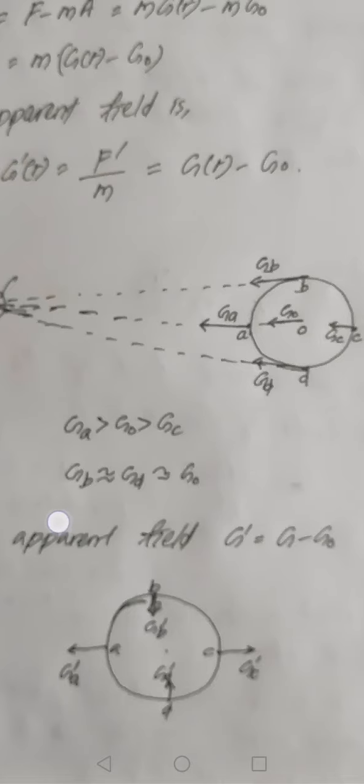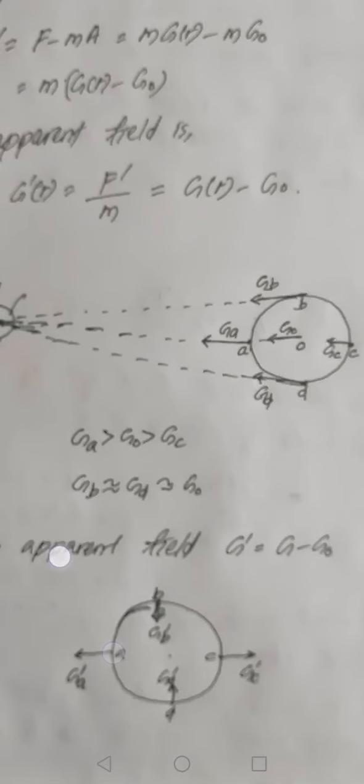So this is GA prime, the apparent gravitational field at A, and similarly GB, GC and GD. Okay, here one point you have to remember is GA prime and GC prime are radially outwards and GB and GD are radially inwards. Okay, very important point. So the one in the same direction of the sun is radially outwards, and the other two are inwards. That means in these two there is a bulging, and on the two sides there is a compression. That is what I am going to mention.